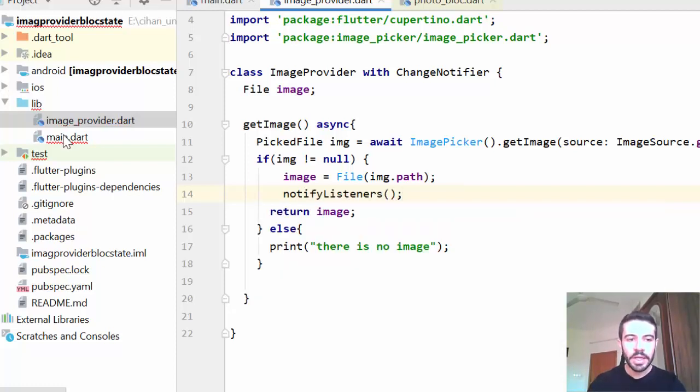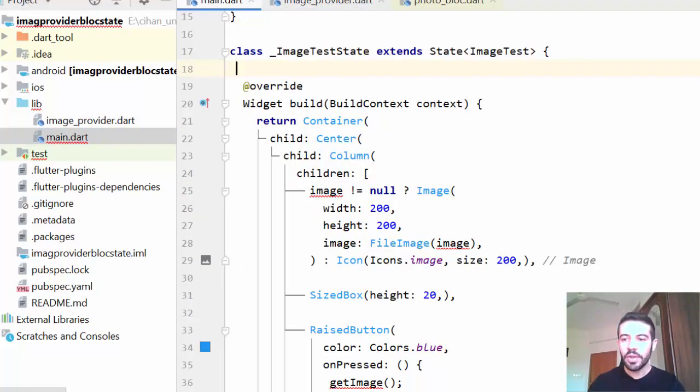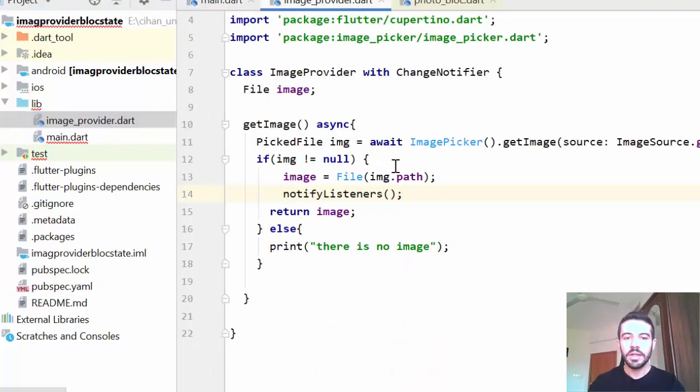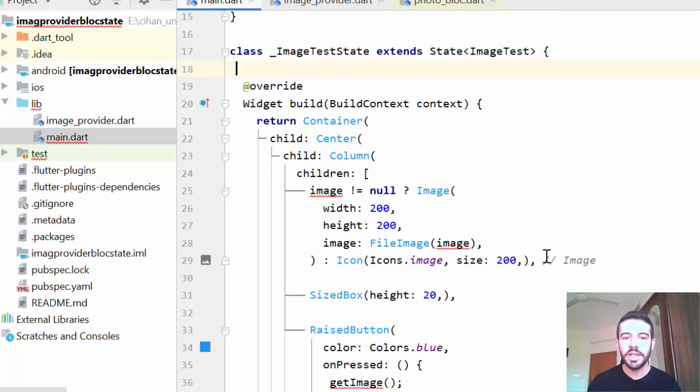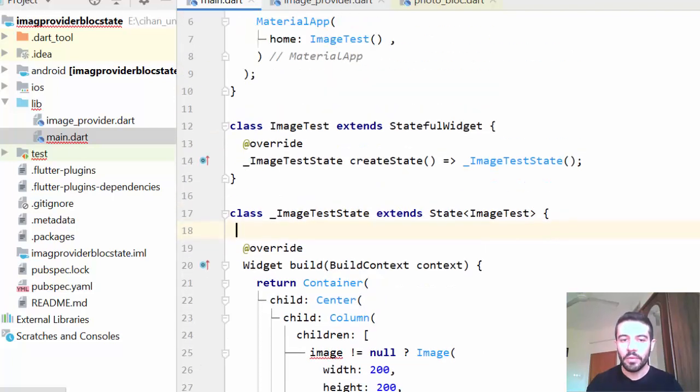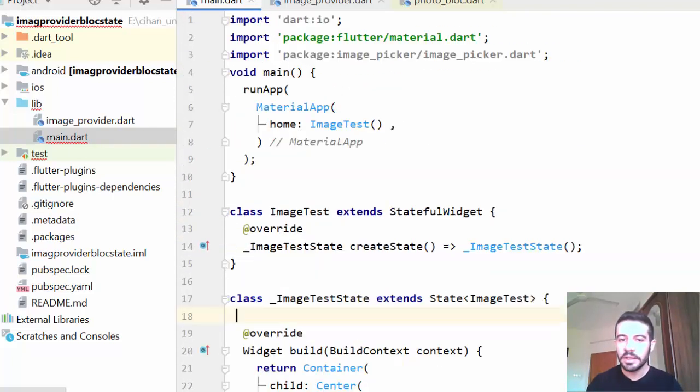because now I will make this UI listen to the provider. When this image is changing, when I add an image from the gallery and change this image, I will notify all the listeners, which is what we have now. I will make it listen to this class, to the provider. So here I don't need to